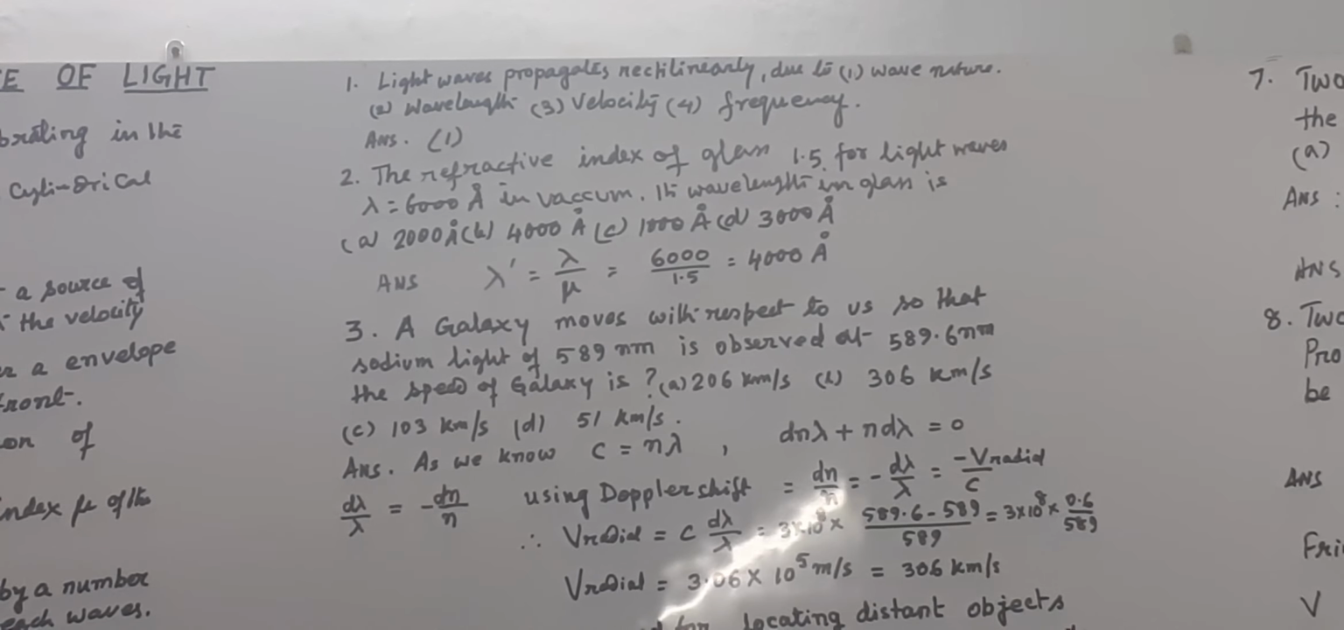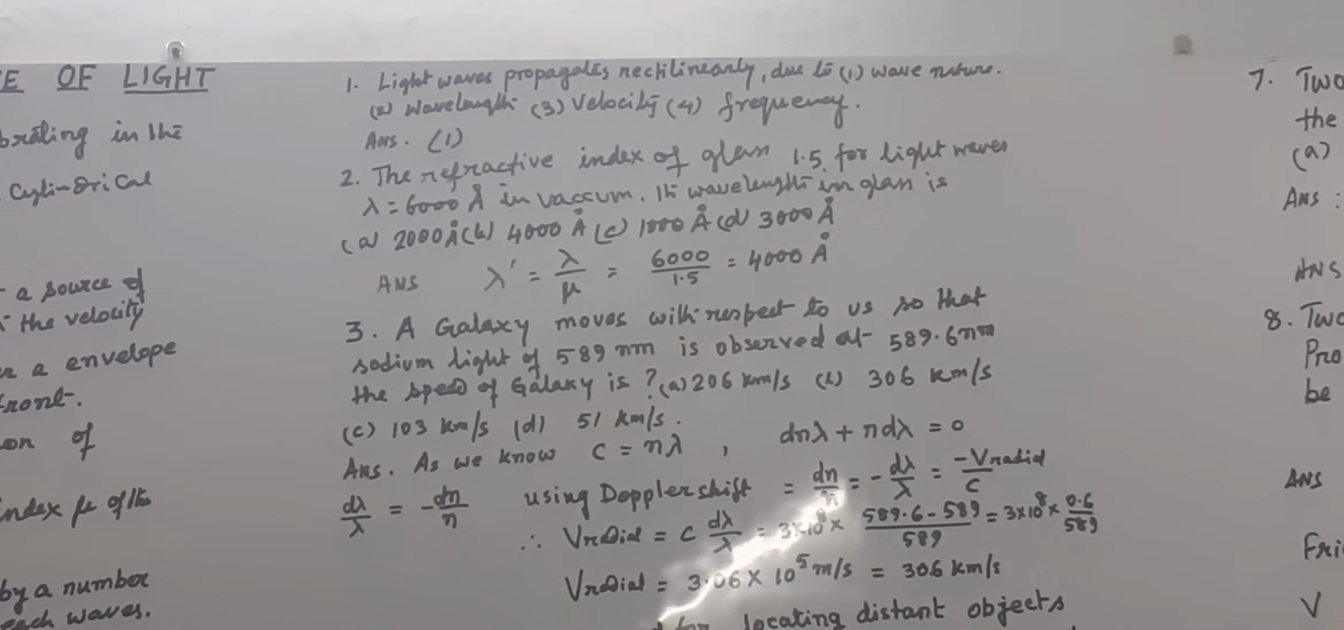Now, we know lambda dash equal to lambda by mu. From here, 6000 over 1.5 will give you 4000 angstrom. Inside the glass the wavelength will decrease because it is a denser material, and it will be 4000 angstrom, that is the correct answer. Next, question number 3: a galaxy moves with respect to us so that sodium light